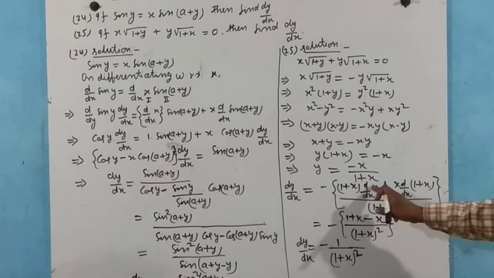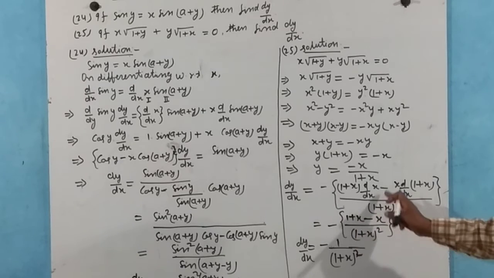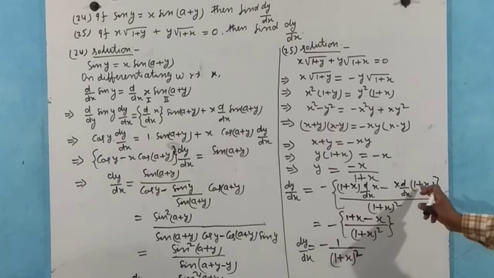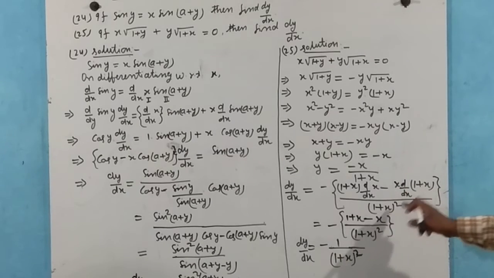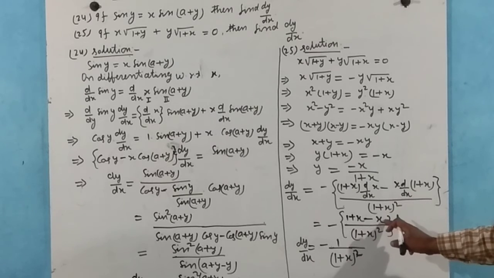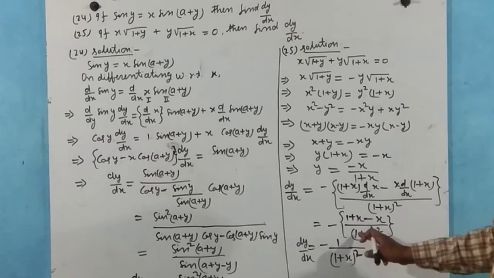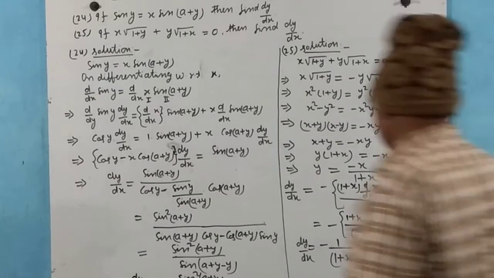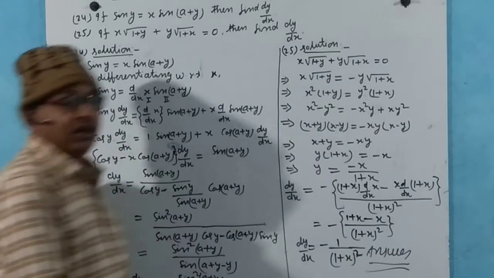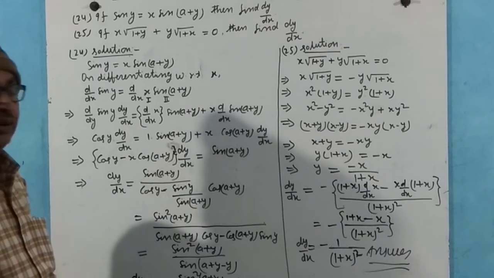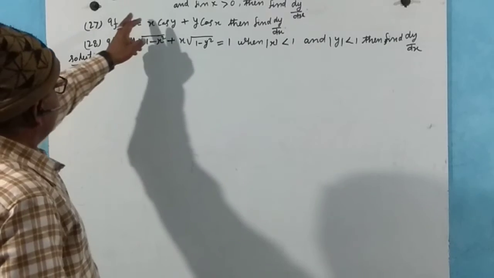Now here the differentiation of x is equal to 1, so that here remains 1 plus x, and minus, in this case the differentiation of 1 is equal to 0, this is 1, so that multiplying, this is simply x, and removing, this is only minus 1 divided by 1 plus x whole square. This is our answer. And now we take the next problem. Now here question number 26.